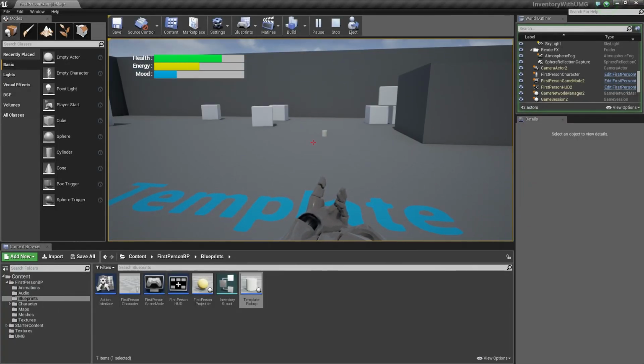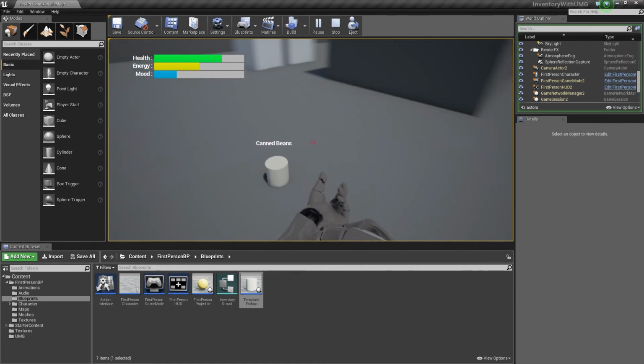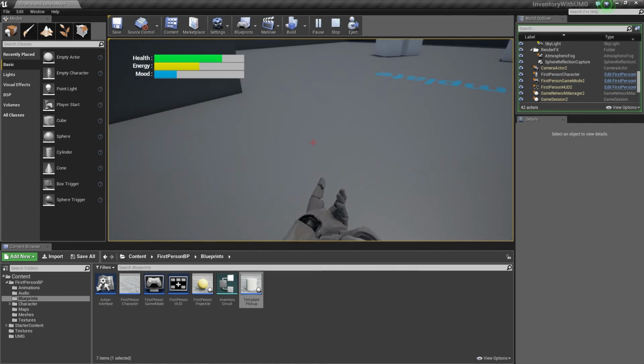And let's see, let's go over to our pickup. There is our pickup text that appears above our item. Press E to pick it up because we are in range. I can hit I. It's been added to our inventory. I can mouse over it now. You can see it's highlighting as we expected. There's our thumbnail. I can click on it. Our inventory menu becomes disabled in the background. Our action menu is now active, and we are using our same colors as before. We can cancel and return back to our inventory menu. It becomes active.